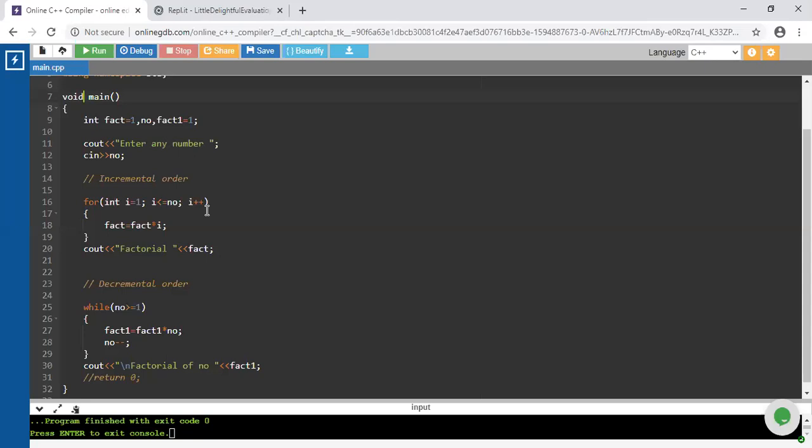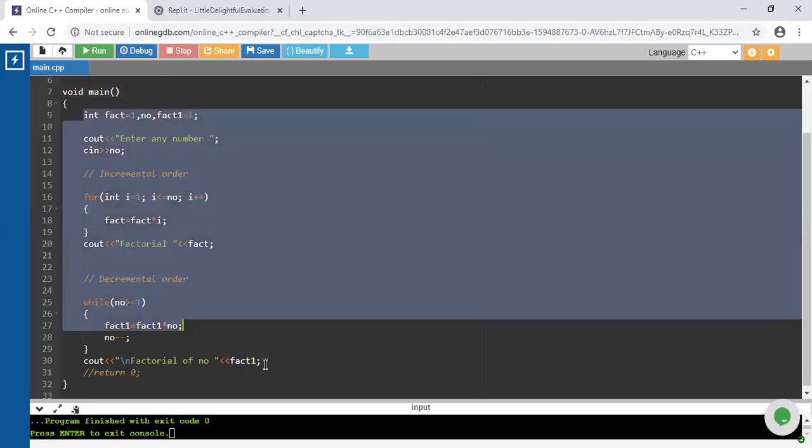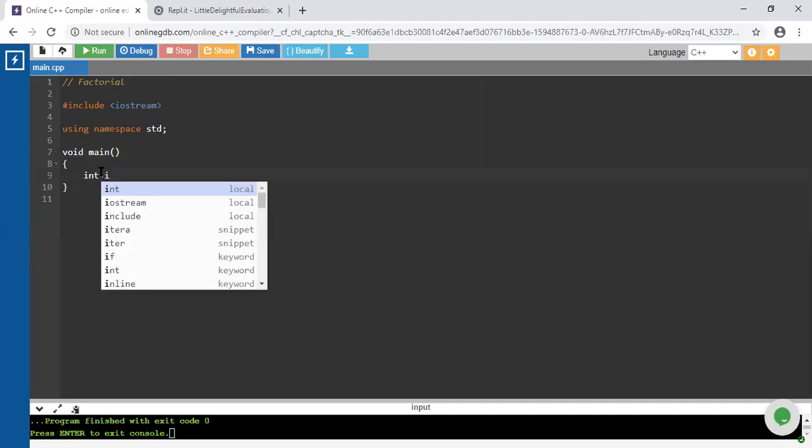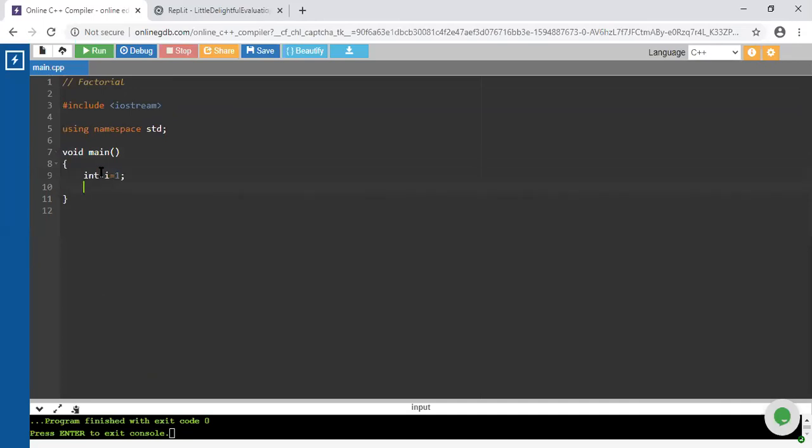Okay. I will show you a basic simple example with respect to plus and minus. Here I will consider it as a void main. I have initialized one variable i equal to 1, and I am using one more variable j equal to 5.